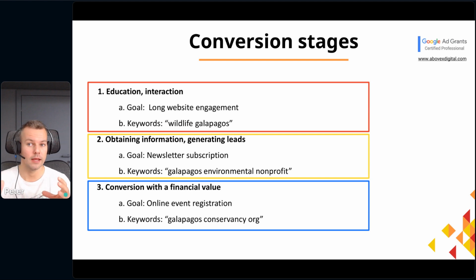Now, it is important to understand that when you run a fundraising campaign, people do not just click on an ad, land on the page, and donate. It's not that simple, right? There is a whole process which involves at least 3 distinct conversion stages, typically. I mean, there might be small percentage of people who click on the ad, land on the page, and convert, but there will be a very small percentage of people.